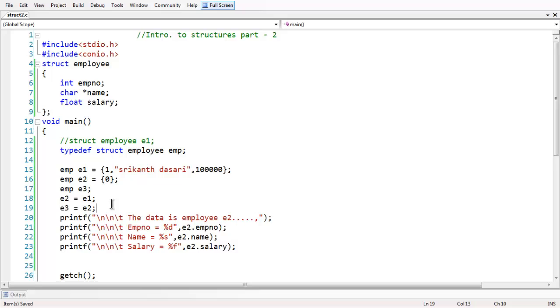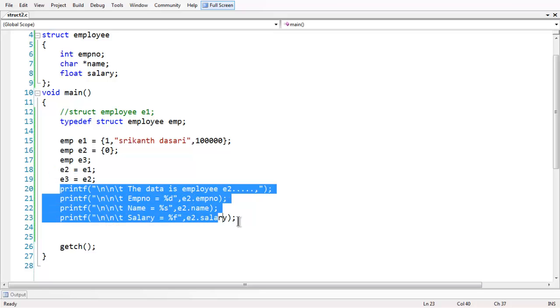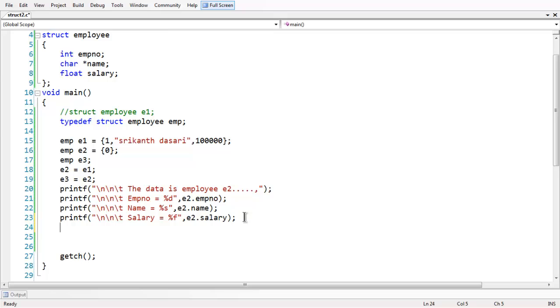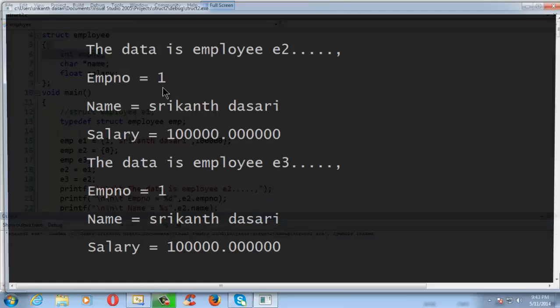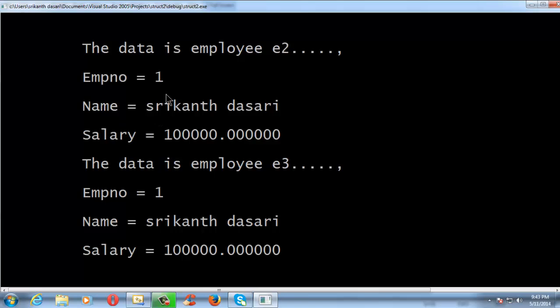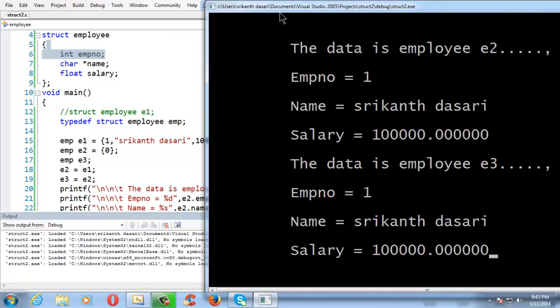Now whatever is there in e1 first goes into the e2 structure variable, and then it is copied into e3. Again you can make use of these printf statements and directly print the data: e3 dot emp number, e3 dot salary and everything. Just save and run the program. The data exactly stored in e2, which is the same as e1, gets printed